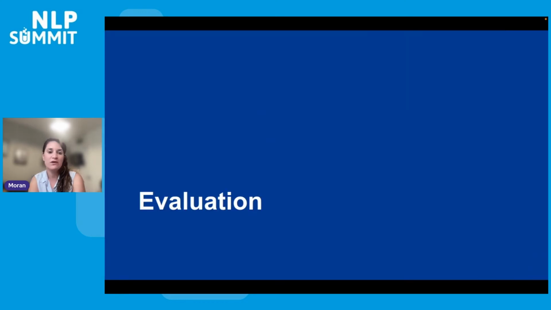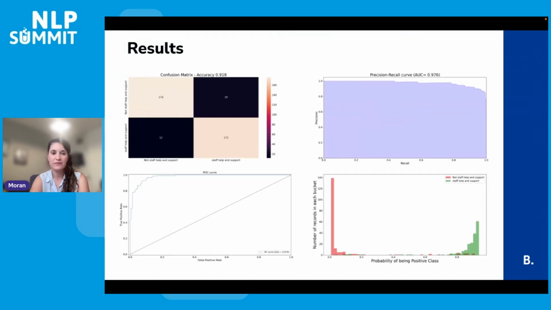So let's go into evaluation of the models. How do we evaluate the model? Here you can see some dashboard, some plots, for example, for the staff help and support. So we have the topic of staff help and support in Booking. And we can calculate different metrics.